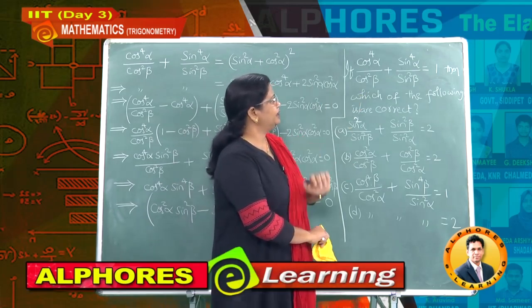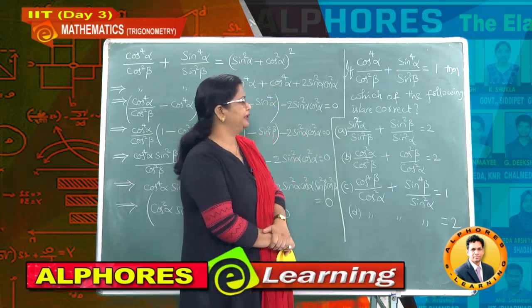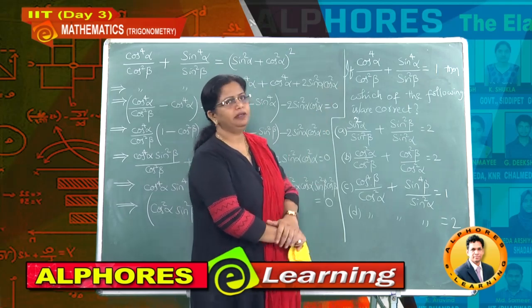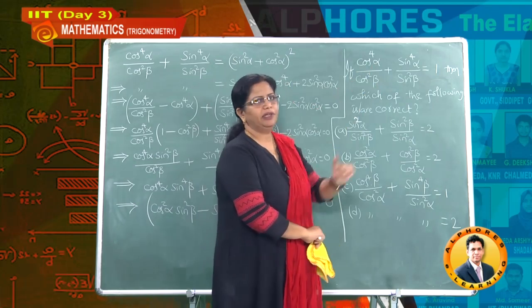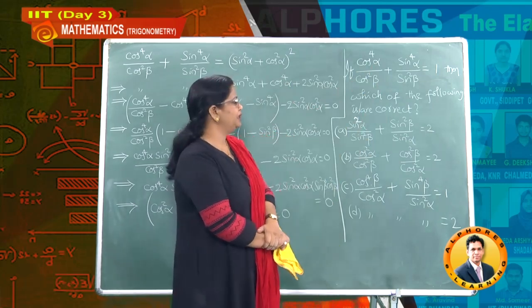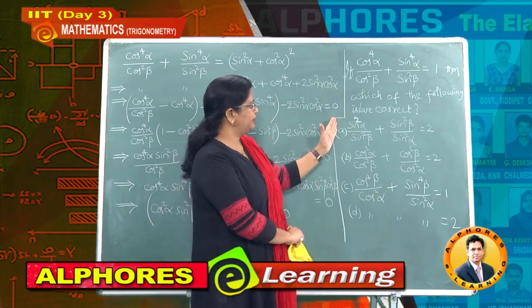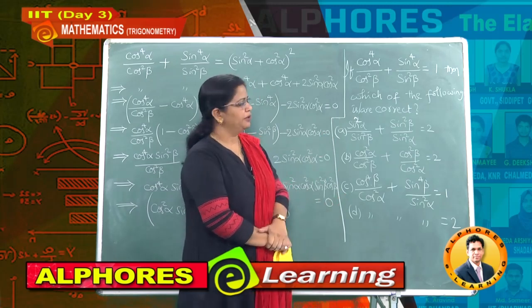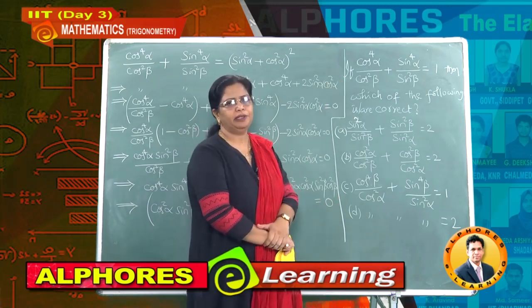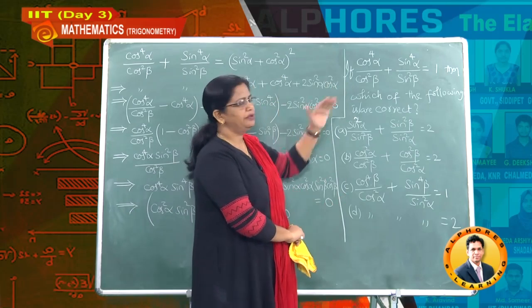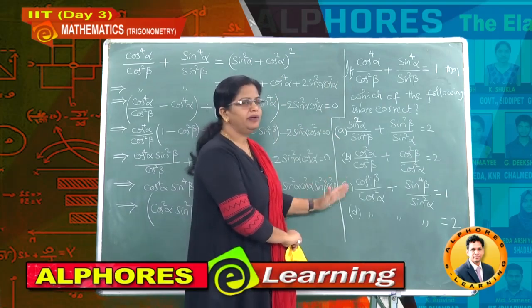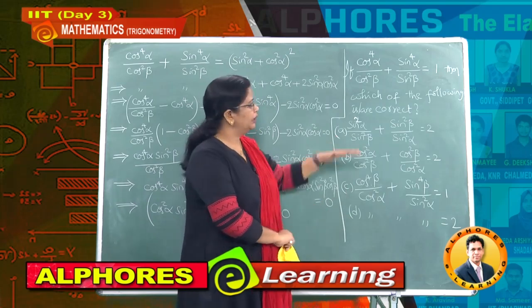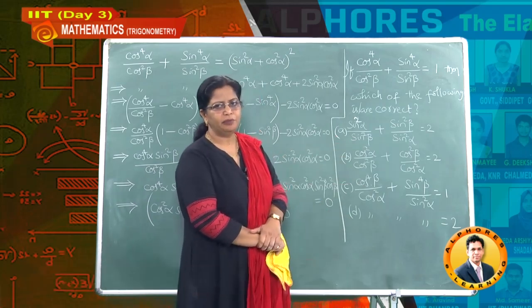So now how to start this problem, what is the method, because alpha and beta are different angles. So they said here alpha, beta and RHS 1. Then how to solve? First of all, have a glance at the options. Whenever any problem is given, you shouldn't immediately start solving it. First you have to observe how the 4 options are given. Accordingly you have to start the procedure.